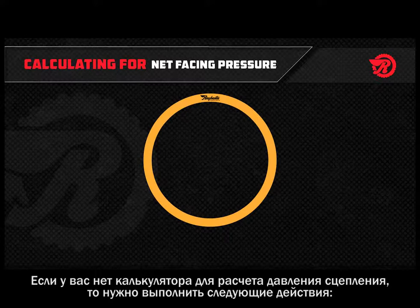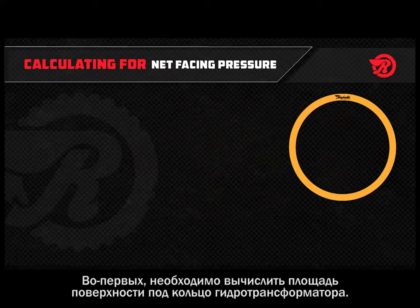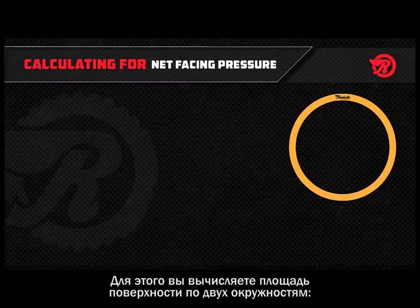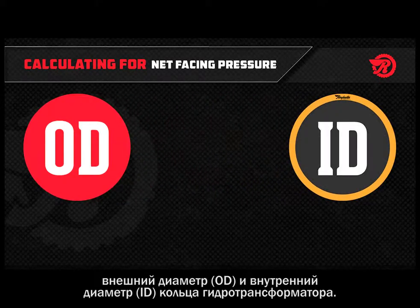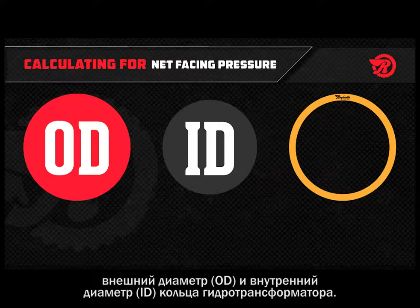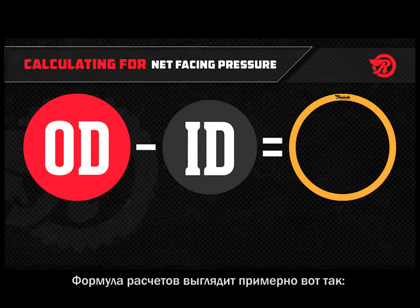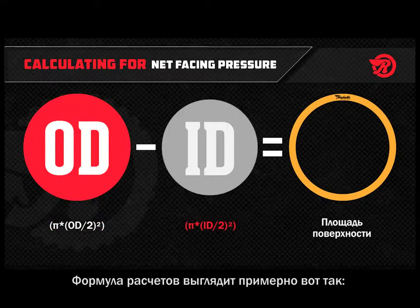If you don't have access to a bond pressure calculator, here are the calculations you'll need to perform. First, determine the surface area of your torque converter ring. This basically involves determining the surface area of two circles, the outer diameter, or the OD, and the inner diameter, or the ID, of the torque converter ring, and subtracting the smaller number from the larger. Your formula should look like this. Pi times the outer diameter divided by 2 squared minus pi times the inner diameter divided by 2 squared equals